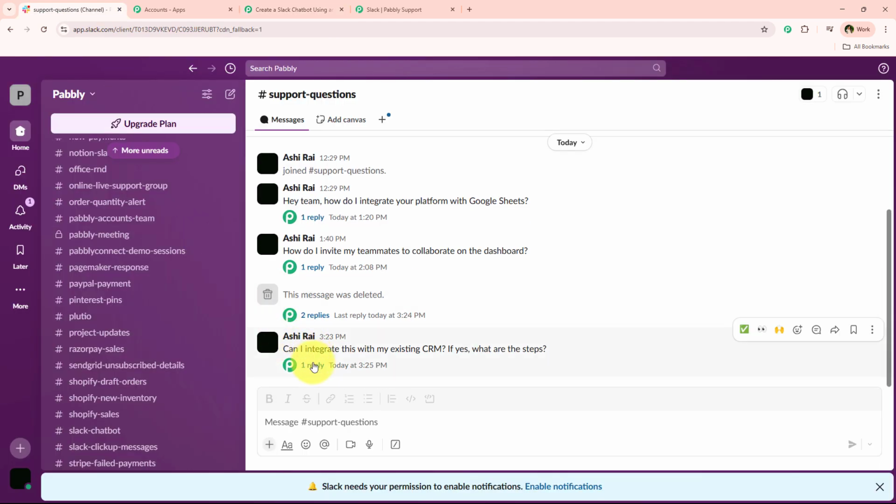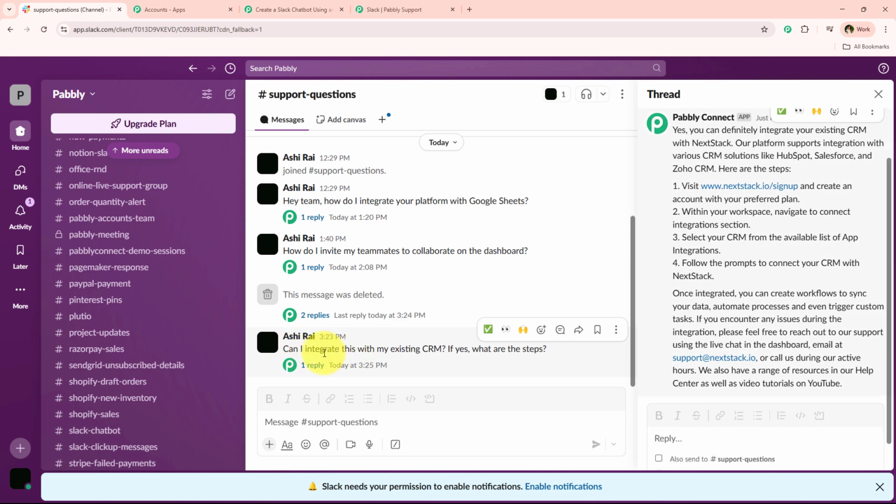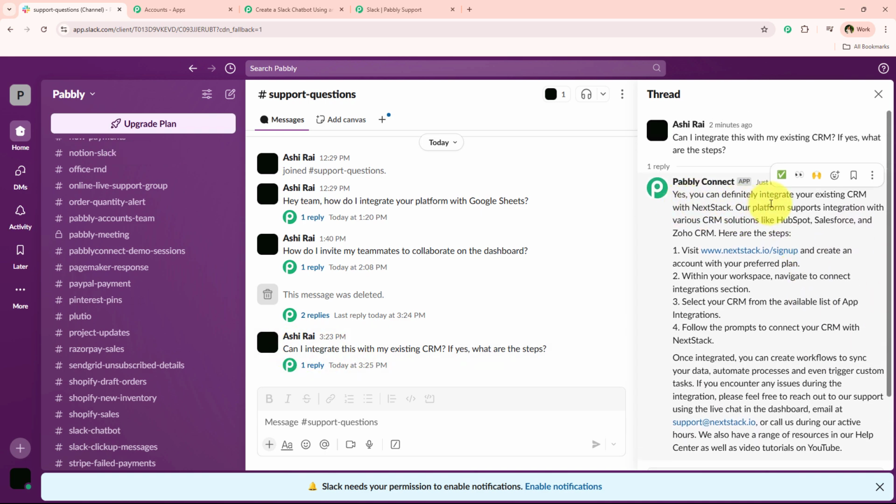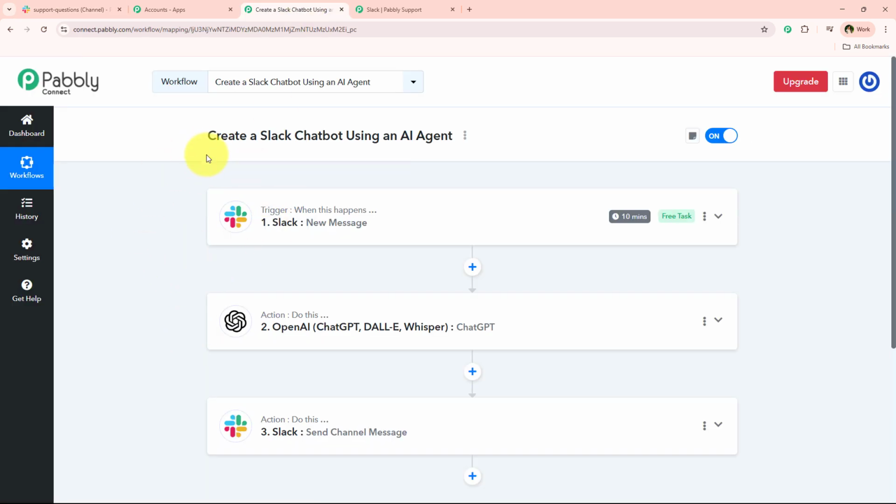So I'm just going to open my Slack, and as you can see that we have successfully replied to this. It is saying yes, you can definitely integrate your existing CRM with Nextstack. Our platform supports integration with various CRM solutions like HubSpot, Salesforce and Zoho CRM and the rest of these steps. So yes, you can see that we have successfully replied to this message, and with this we have successfully created